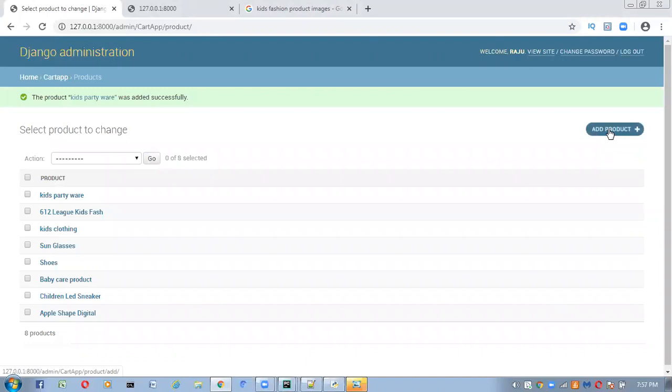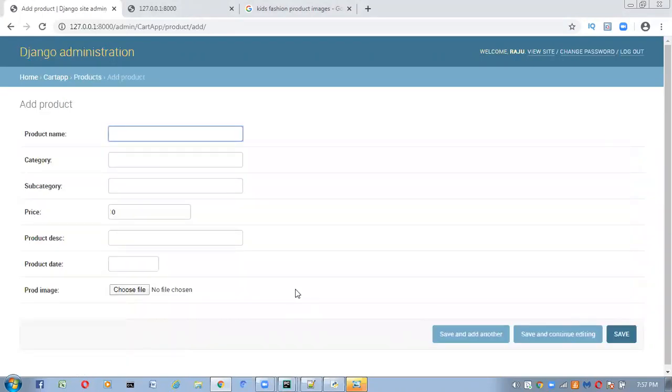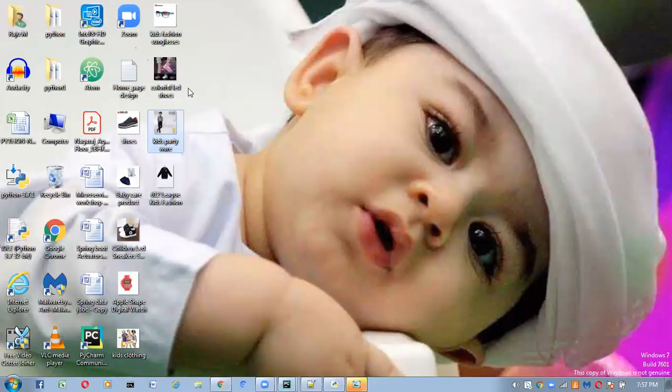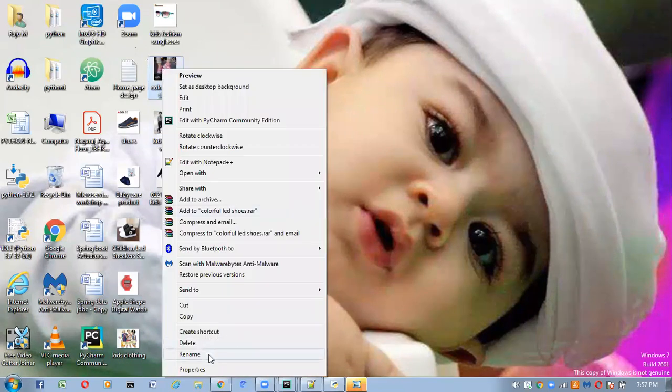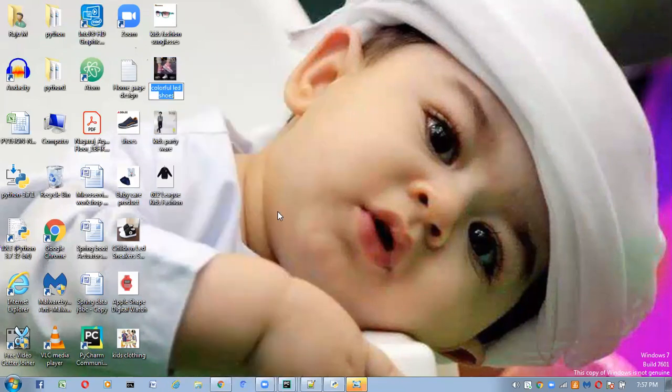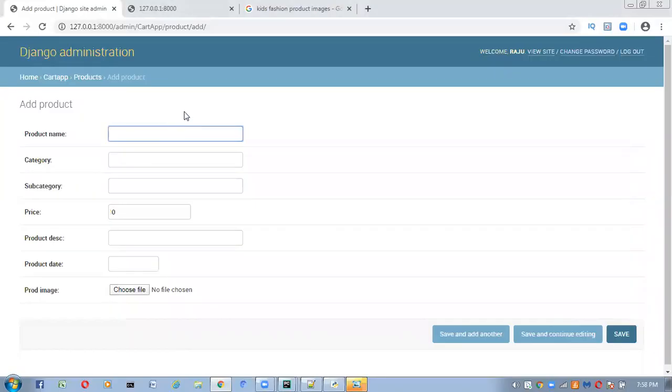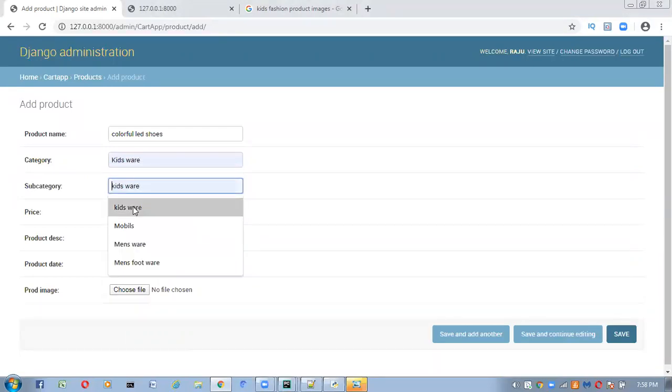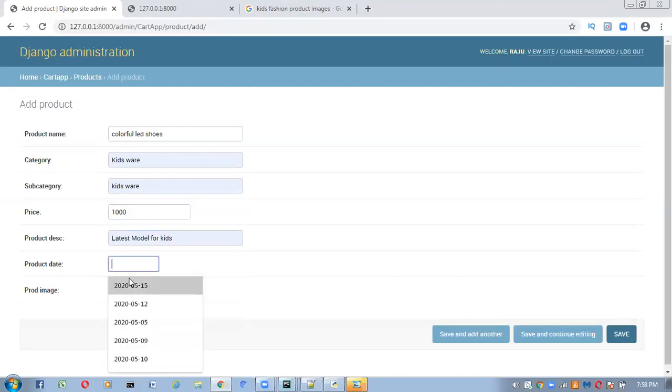And give one more product, add one more product. I want to check is it going to the next slide or not. Right, what is the next one we took, this one I think, colorful shoes, copy this one, go to admin page, give that name, category kids wear, and here I will give 1000 rupees, now product description latest model, this one, and choose file.